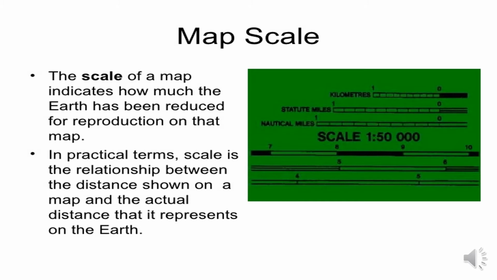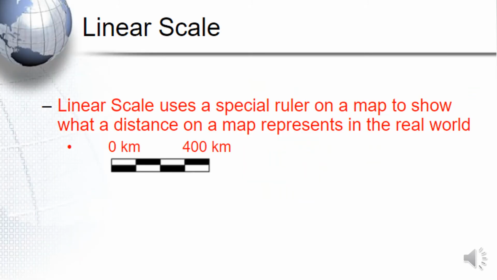Scale is an integral part of a map. A map with scale represents the Earth's features more accurately, whereas in maps without the scale, students, a map is not a map, it is just a drawing of it. Now let us see what are the different types of scale.